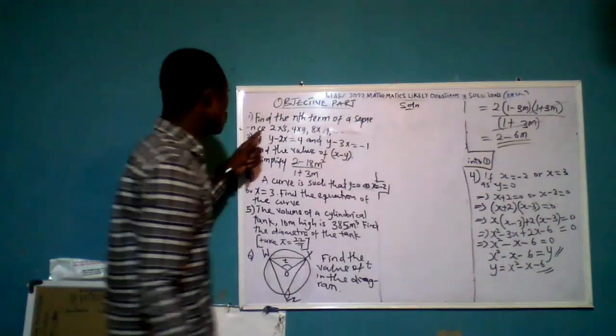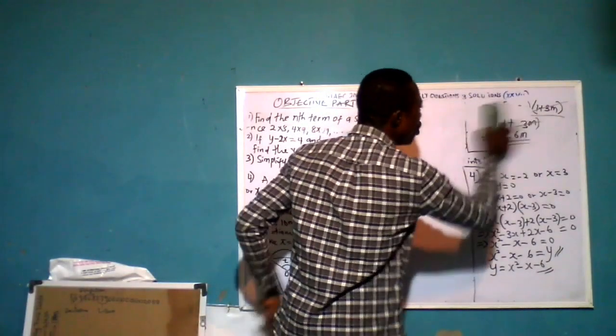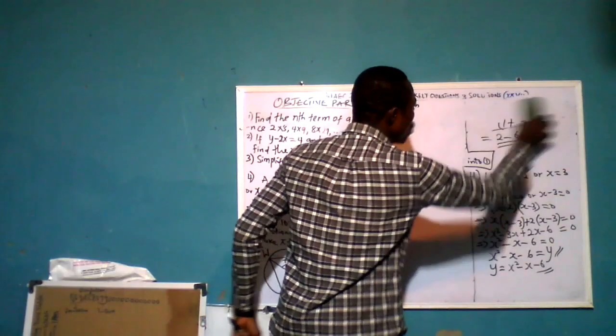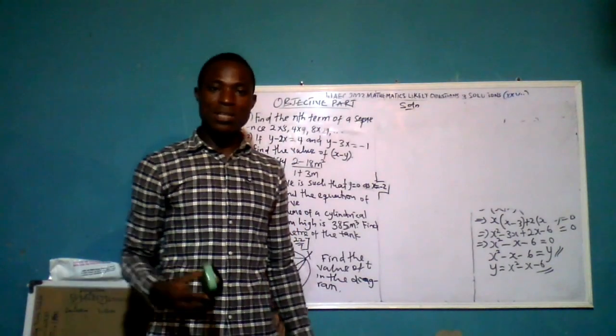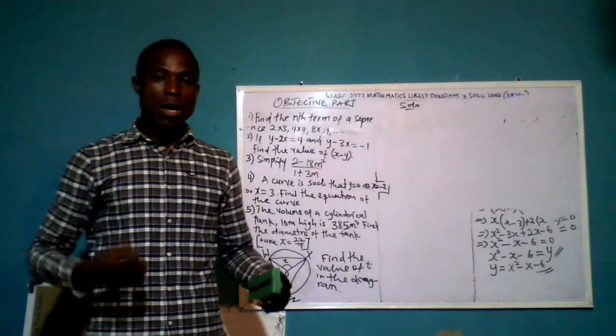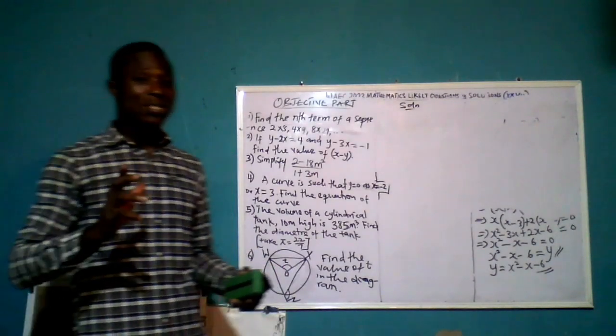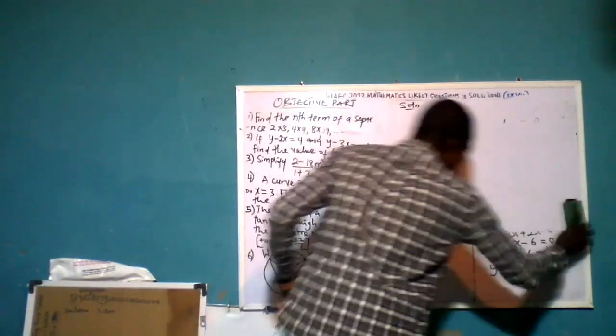So like this question number 1, I can solve it without penning anything down. Just go straight and pick your correct option, and be careful, don't be too excited. Be careful, do all things to save your time, and also do not stay on the question that you don't understand. I'm saying this to give you some things that you need to apply to aid your speed, because mathematics is a speed test. Let's go to question number